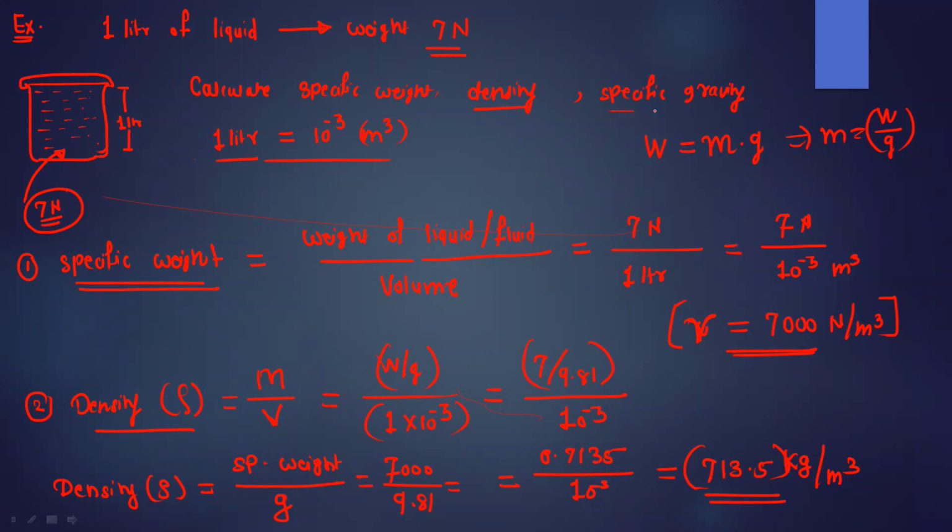And next we have to find out the specific gravity. So the specific gravity is represented as S. This is equal to the density of any liquid upon the density of the standard liquid. The standard liquid is nothing but water. So this is equal to the density of the liquid, which we have just calculated,